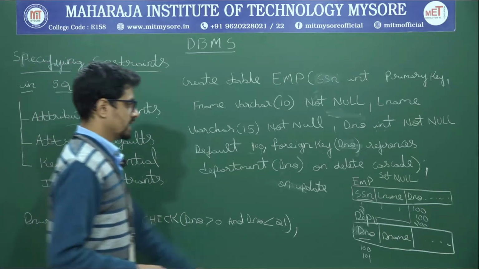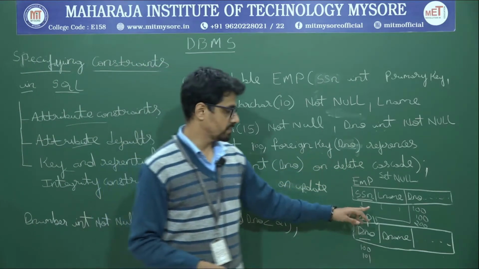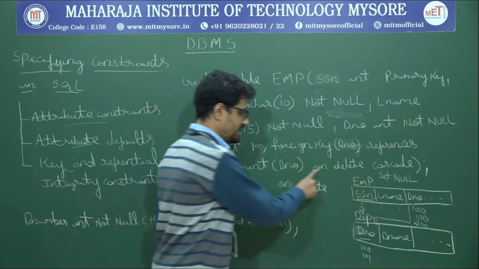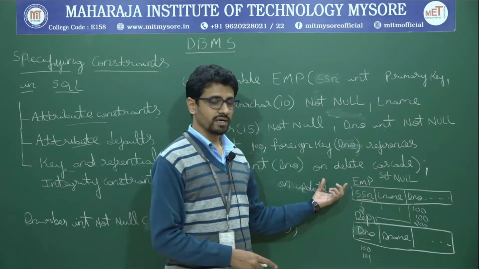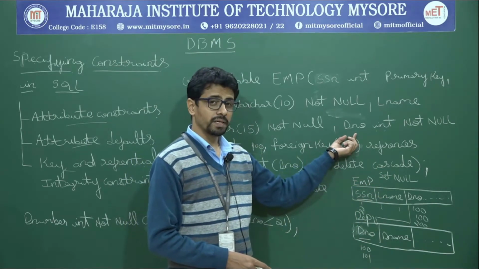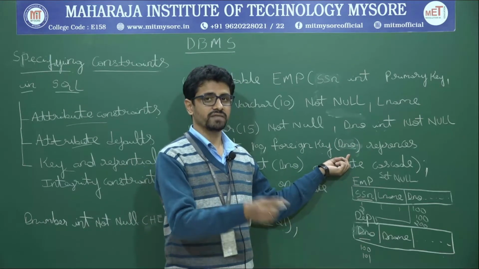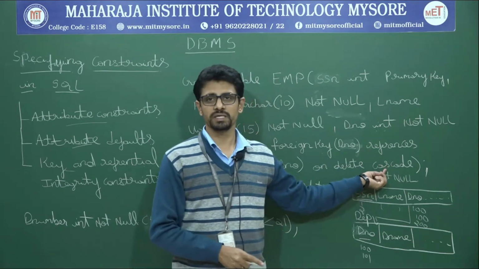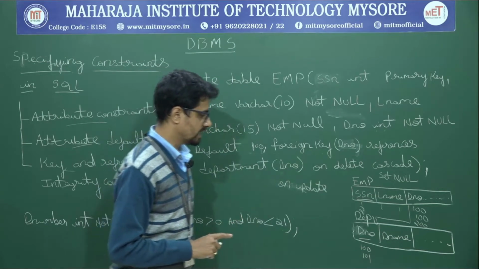In the sense, department number is a foreign key, as you all know, right? In which table? In employee table. Now on delete cascade, the meaning of this is, on delete says that whenever the department number which is being referred to in a referenced table is deleted, automatically perform the same operation here also. I'll give an example to make you understand that.